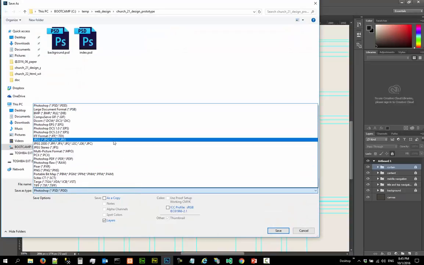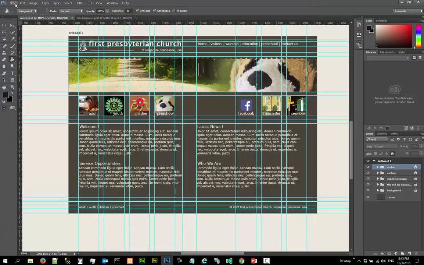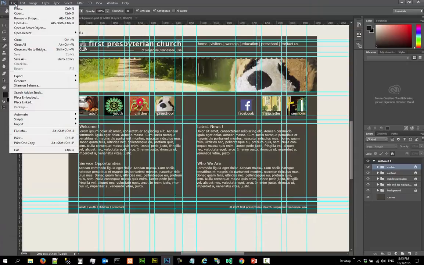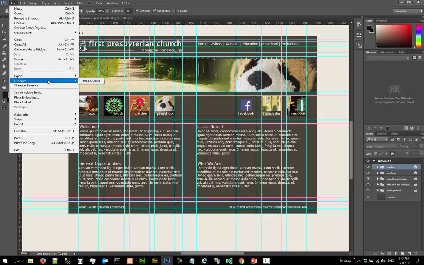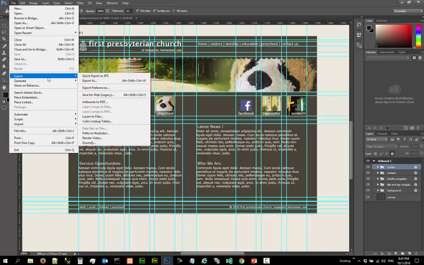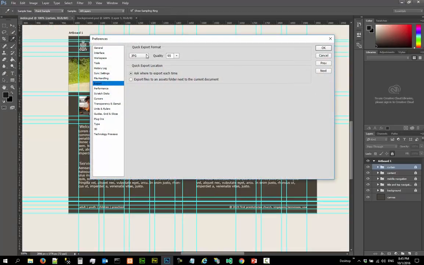I don't really like save as JPEG, mainly because you cannot control the quality too much, and so on and so forth. Okay, so I'm going to just use export preferences, JPEG 95%,